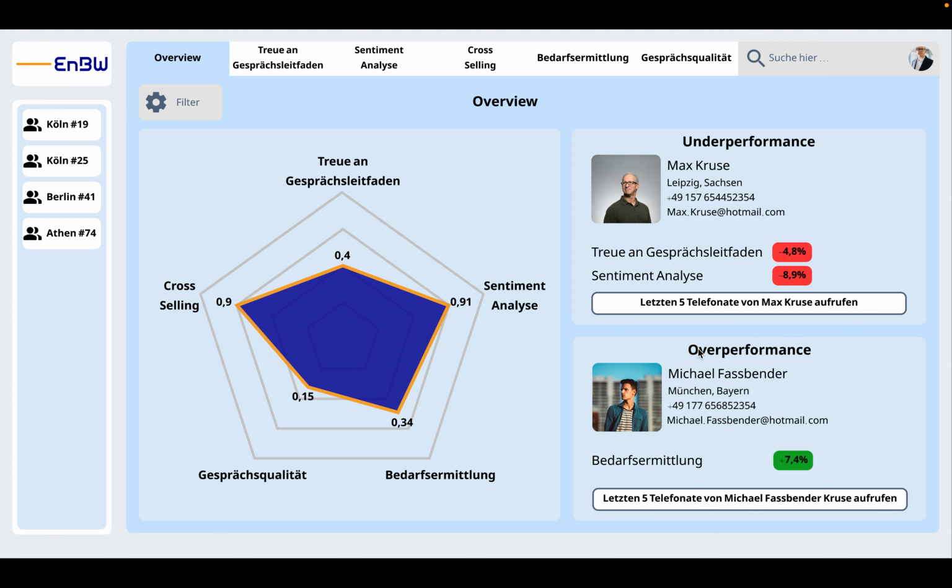We are glad that you are interested in our solution approach for a ChatGPT-based conversation management system. So let's start with what we want to achieve in the first place with our conversation management system. Our main goal is the use of large language models, short LLMs, in our case ChatGPT, to automate quality analysis of customer service.